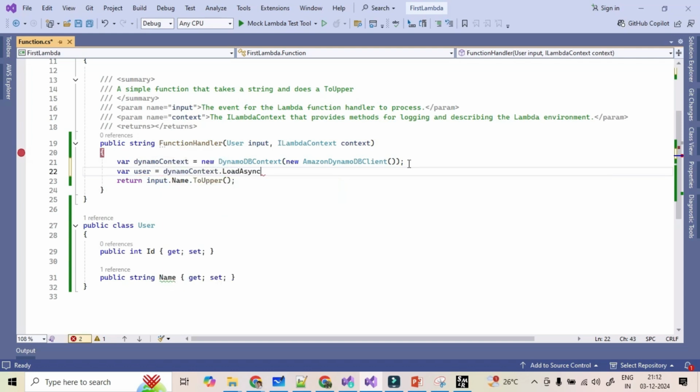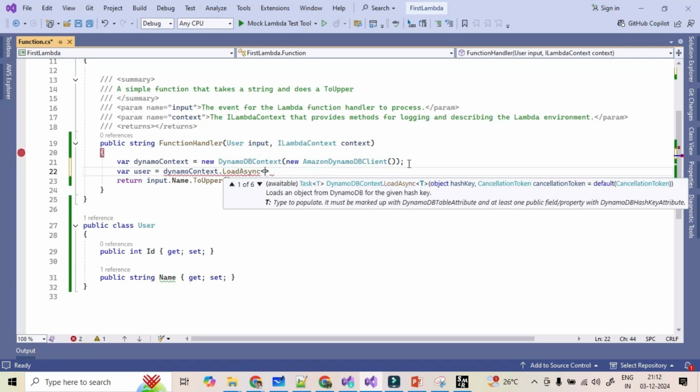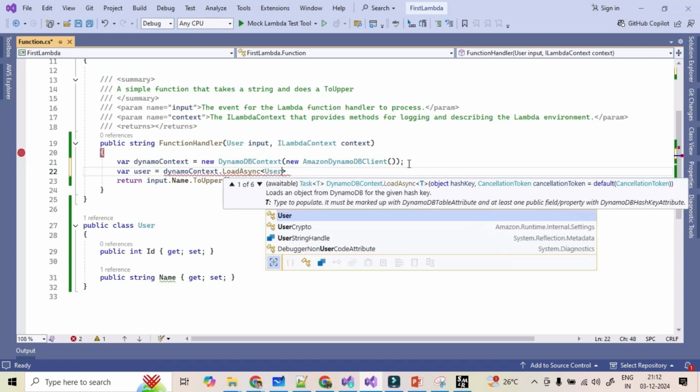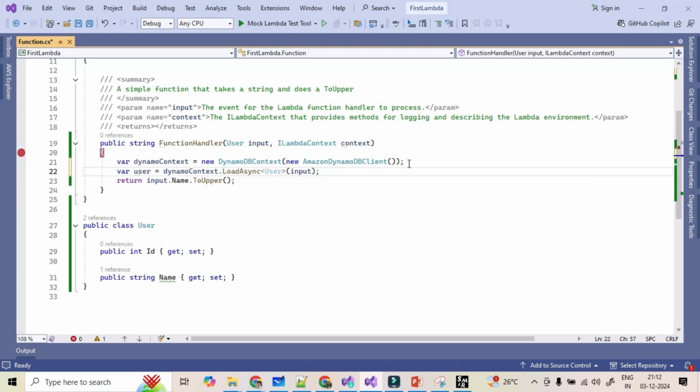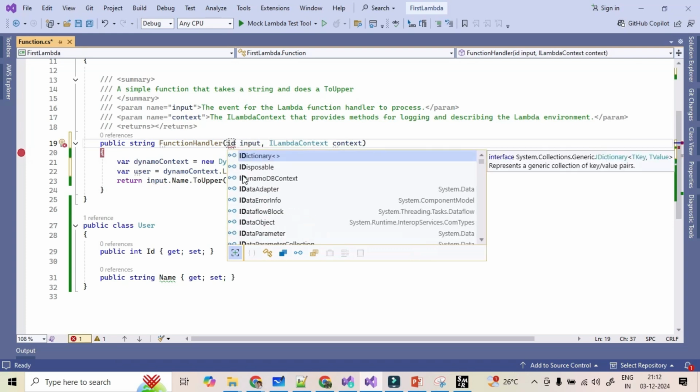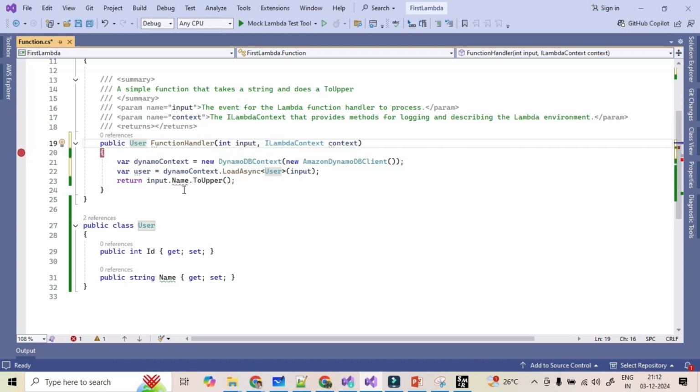So dynamo context dot LoadAsync, and under that we can pass the user class, and then whatever input is coming from the request we can pass here. That input is an ID, and it is the unique key for that table. So let's change that ID to an integer here, and the return type should be user here, whatever that user becomes, so that we can return.